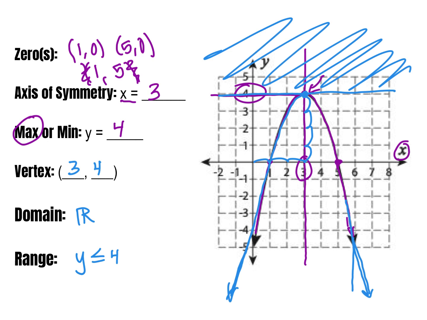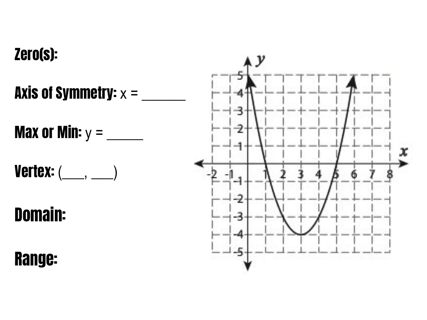All right, moving on. Here's another example. I chose to do a second one because there are 2 like this on your test. One will open upward, one will open downward. So one will have a min, one will have a max. If we're looking at the zeros,